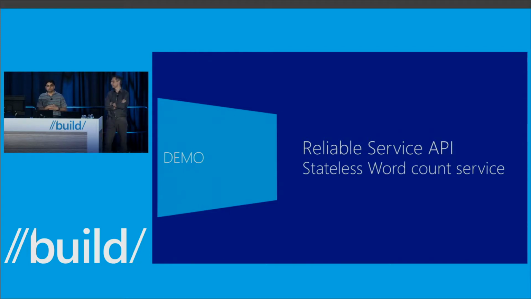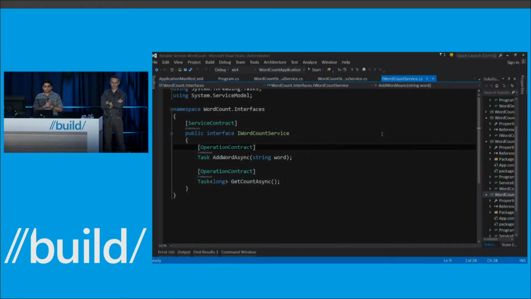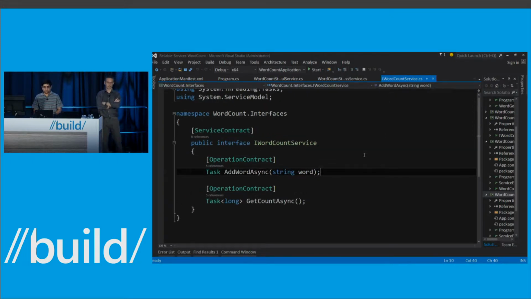So this time we're going to build a word count service. I'll switch over to Visual Studio. I want to build a simple word count service, to which you can add words. As the words are added, it's counting the occurrences of those words, and it is also counting the total number of words that it has seen so far. And this GetCountAsync method basically returns the total count of the words that have been processed. You'll notice here I'm using WCF. This is the WCF contract in order to connect to the service and then add the words or get the counts. We'll see other forms of communication as we go along in the talk.